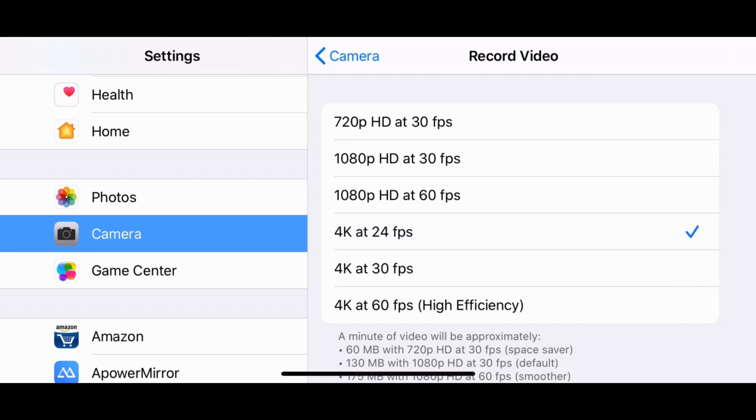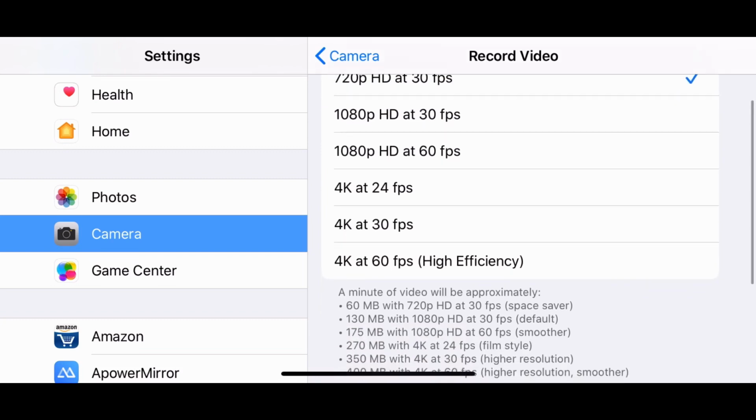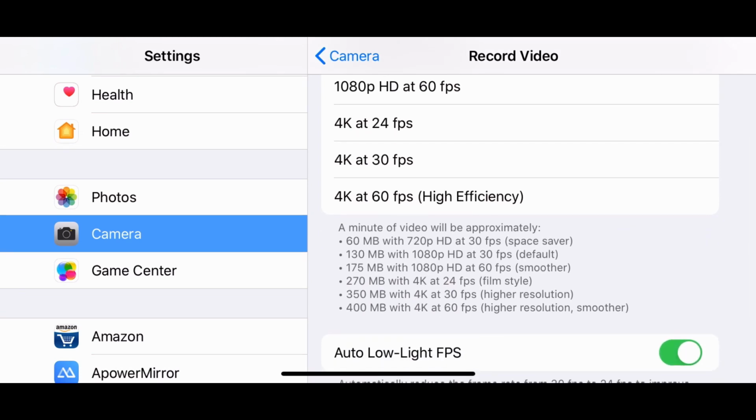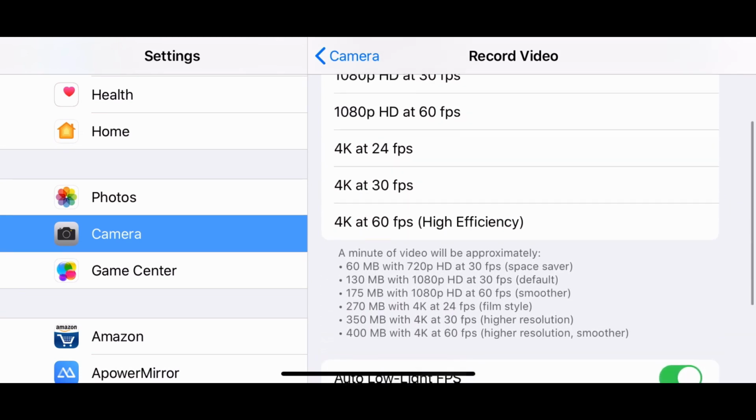And in case you are shooting a video for something casual, I would suggest you keep it at 720p HD at 30 fps. Anything should be okay, because these take a little less space compared to 4K, because of the resolution that you get.